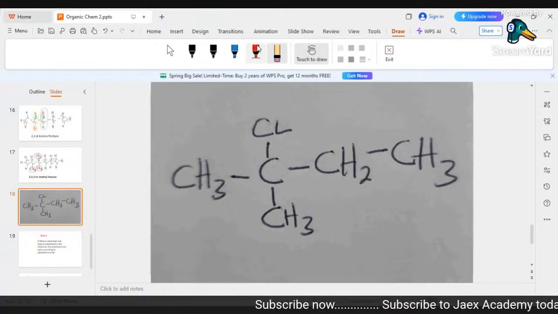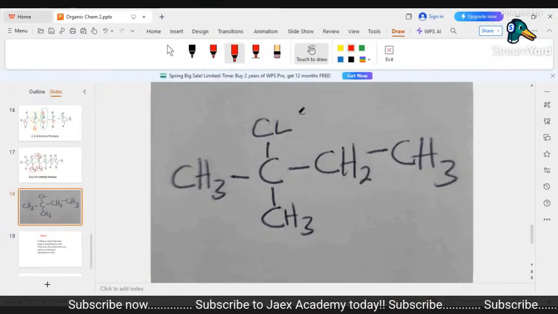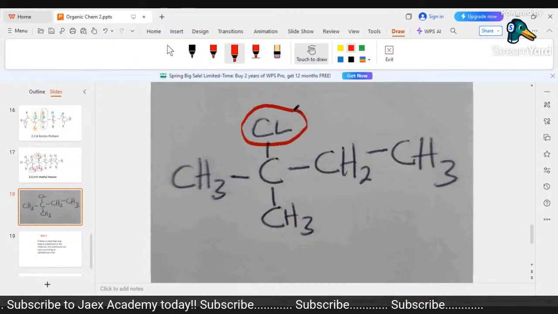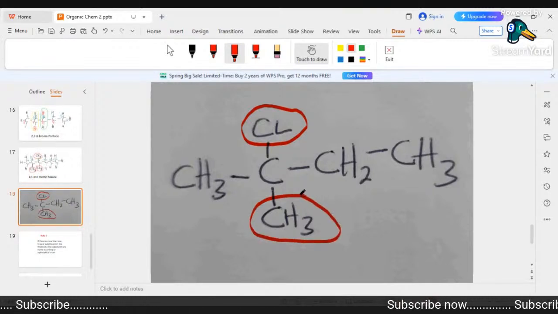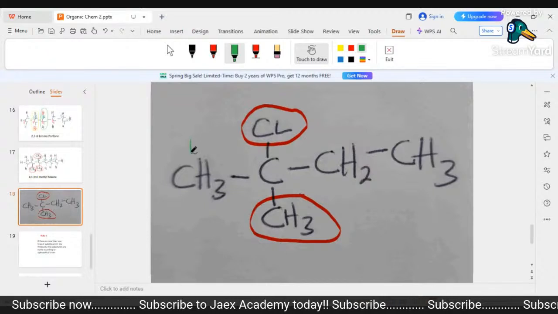For this case, we have different types of substituents. They are different, right? So here we have chlorine, here we have methane, right? So there are two